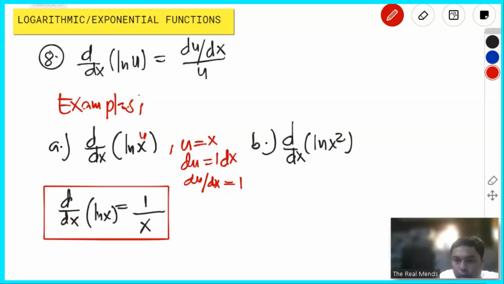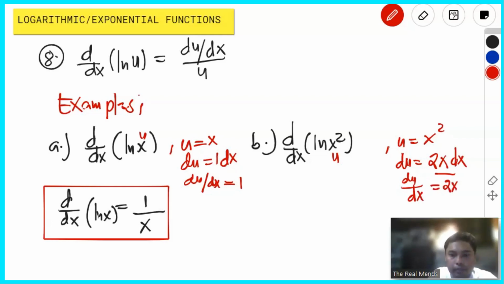Next, from problem number 2, get the derivative of ln of x squared. Okay, from that, our u is equal to x squared. This is our u. Then to get the derivative, that is just 2x dx, or du over dx is just equal to 2x. From that, substitute to the formula,